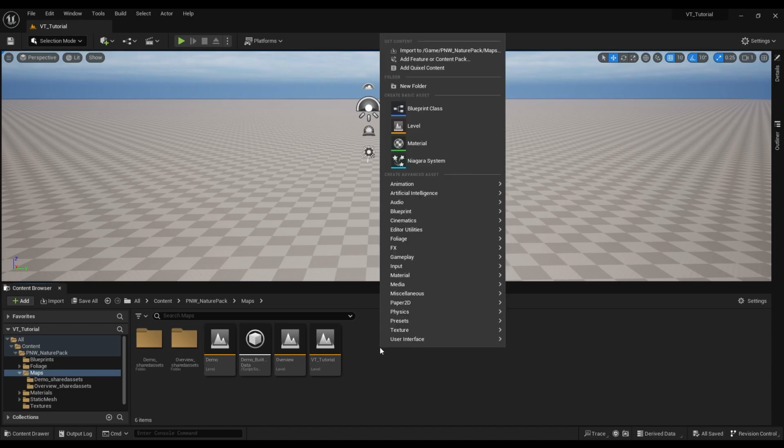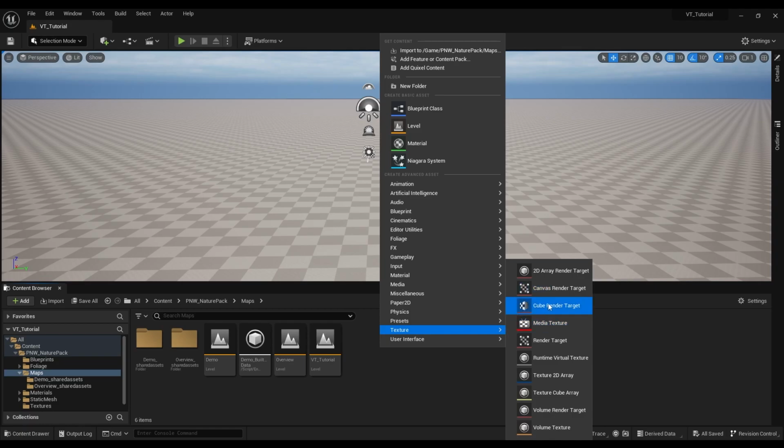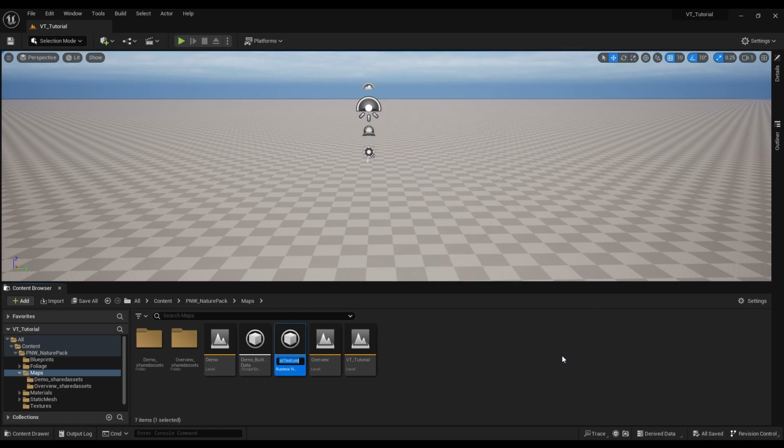So I'm going to right click in the content browser and I'm going to go to the texture window and I'm going to choose runtime virtual texture. So now we need to make 2 of these. One of these is going to be for the world height and the other is going to be for the color. So let's go ahead and name this RVT, for runtime virtual texture, underscore height. And I'm just going to go ahead and duplicate this and name this one RVT